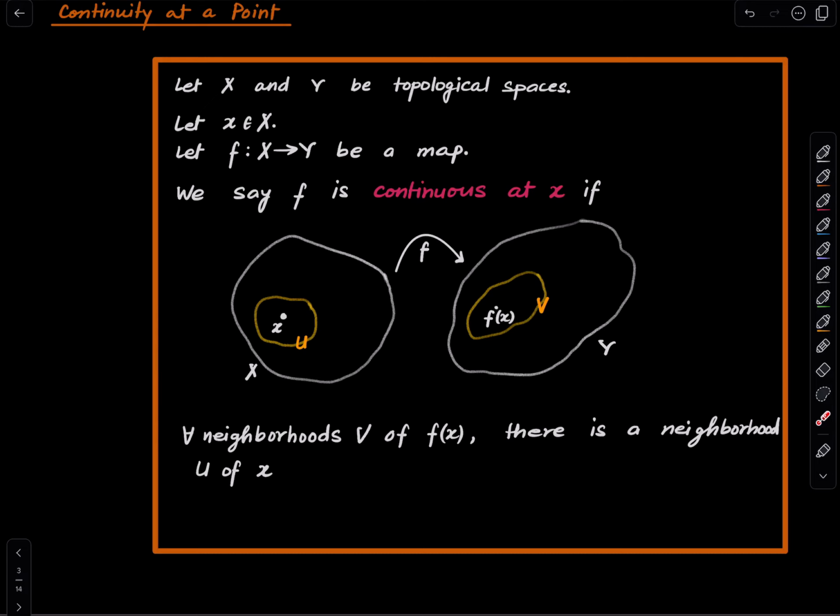When I say neighborhood V of f(x), it is understood that we are talking about this topological space. f(x) is a point in Y, so a neighborhood V of f(x) just means an open set in Y containing f(x). So this is just an element of the topology on Y which contains f(x). Okay, so for all neighborhoods V of f(x), there is a neighborhood U of x as shown